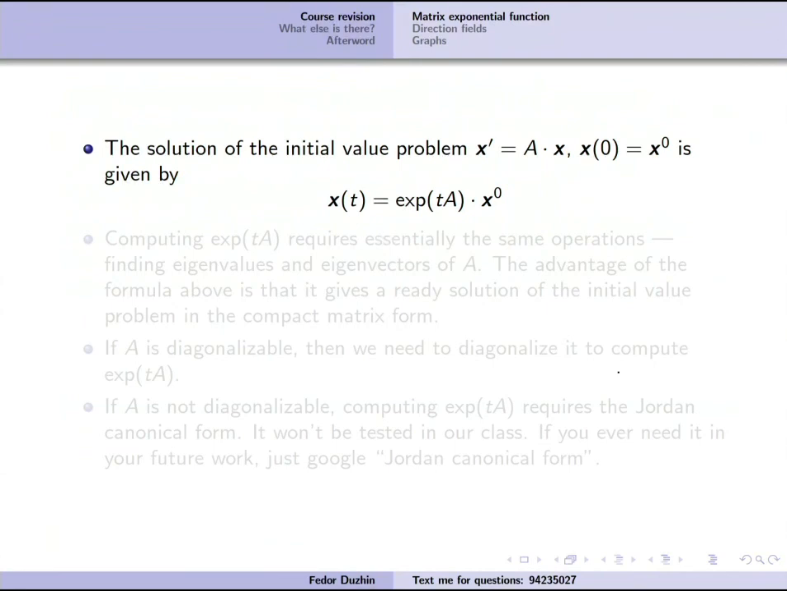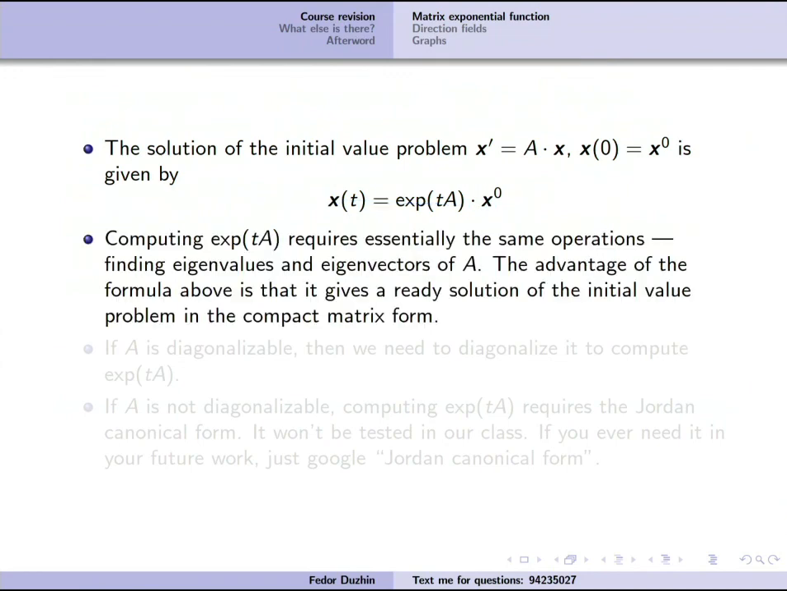Okay, so let me summarize. The solution of the initial value problem of a system of differential equations can be given by a very short and nice formula that involves the matrix exponential function. Then computing this exp of tA is also about eigenvalues and eigenvectors. So the beauty of the matrix exponential function is that it gives a nice and simple solution of the initial value problem. Well, and then in order to actually compute exp of tA,